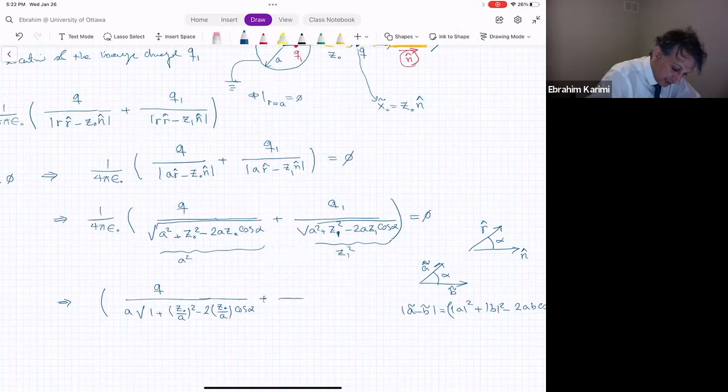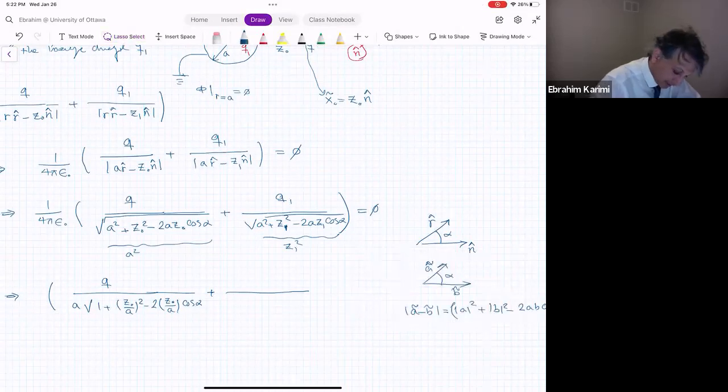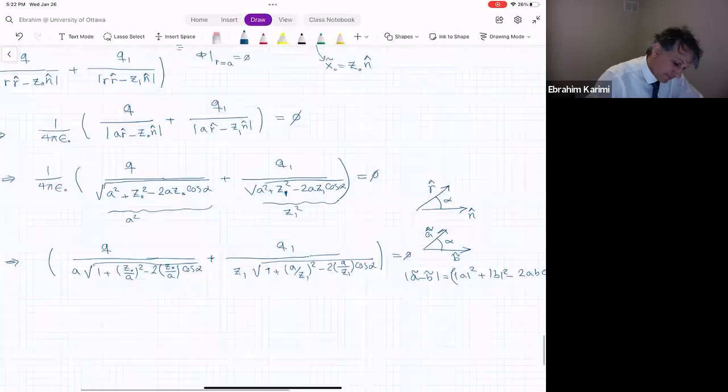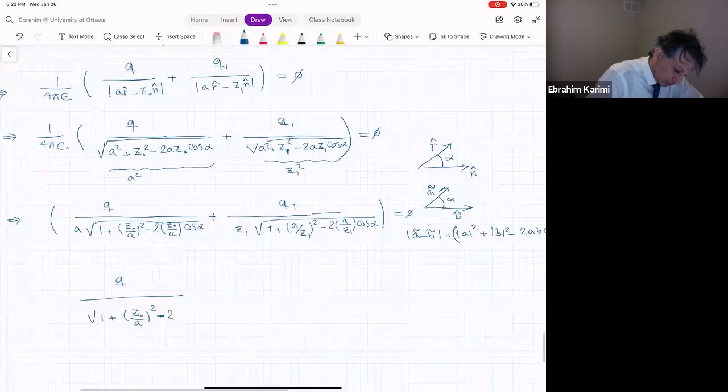And the other side, as I say, I'm taking away, what time is it? Oh, sorry guys, it will be done in 3 minutes. If we cannot do that, then we will follow up with the next lecture. Q1 divided by Z1 times the square root of 1 plus A divided by Z1. Note that I just swap. So I go first with the Z1 minus 2A divided by Z1 cosine of alpha, equal to 0. Then Q divided by the square root of 1 plus Z0 divided by A to the power of 2 minus 2Z0 divided by A cosine of alpha